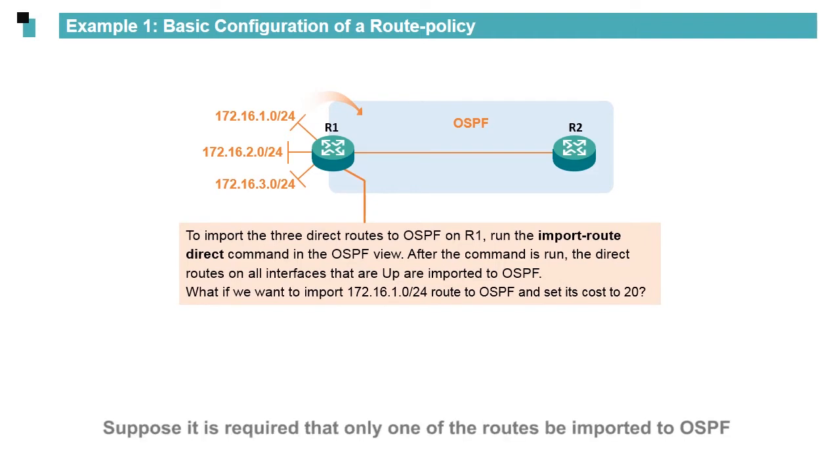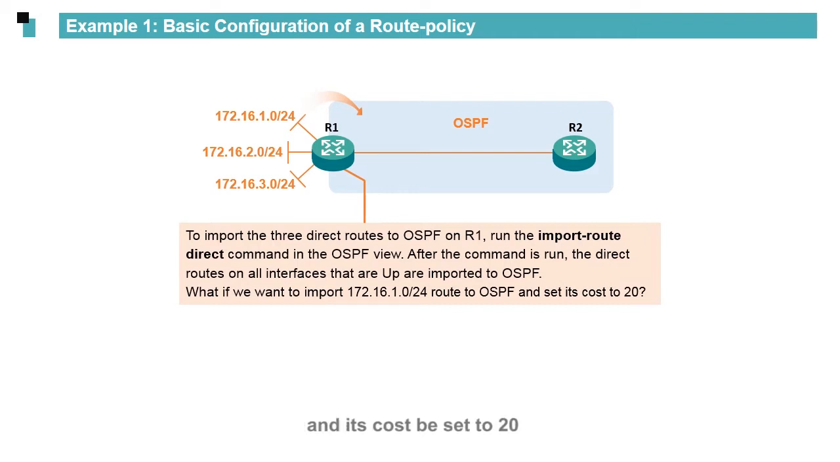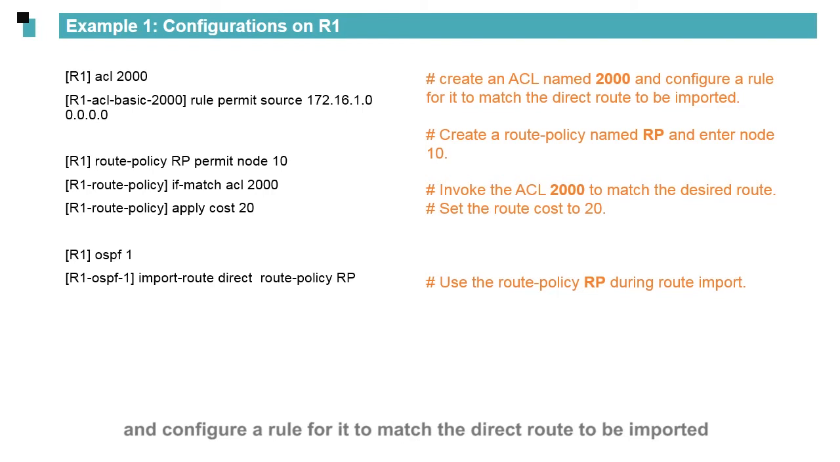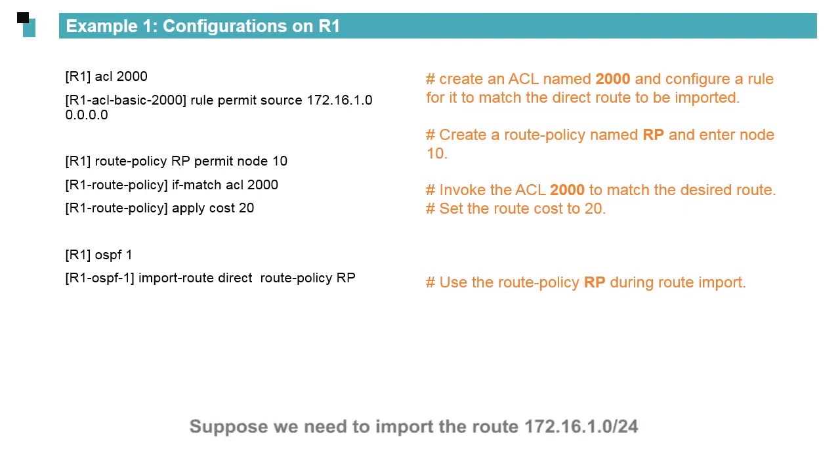Suppose it is required that only one of the routes be imported to OSPF and its cost be set to 20. To meet the requirement, we can use the following method through a route policy. First, create an ACL named 2000 and configure a rule for it to match the direct route to be imported. Suppose we need to import the route 172.16.1.0/24. You need to set the network address to 172.16.1.0 and the wildcard mask to